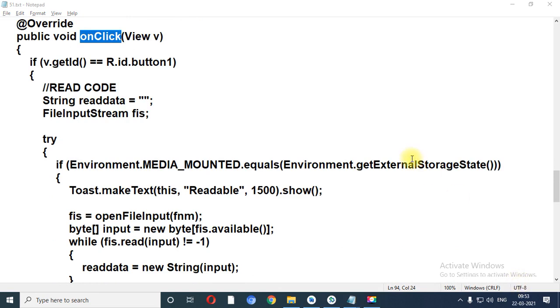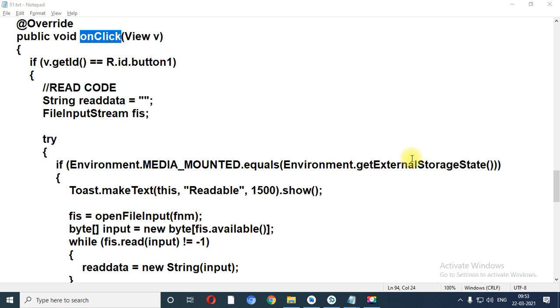Now see, there is a difference between internal storage and external storage. Internal storage is provided by default. When you develop an application using external storage, what is the first change? The first change is you need to give the permission in the manifest file, otherwise you cannot perform applications based on the external storage.